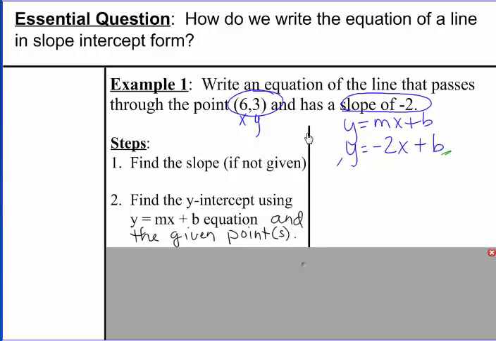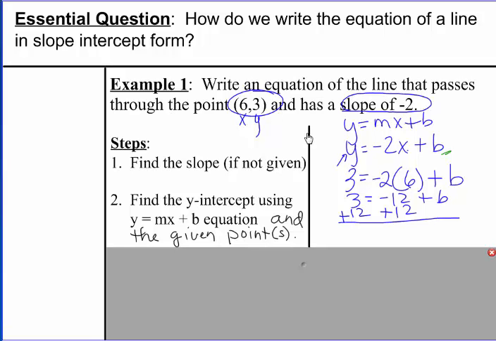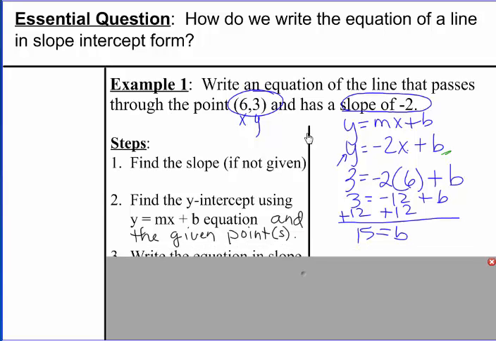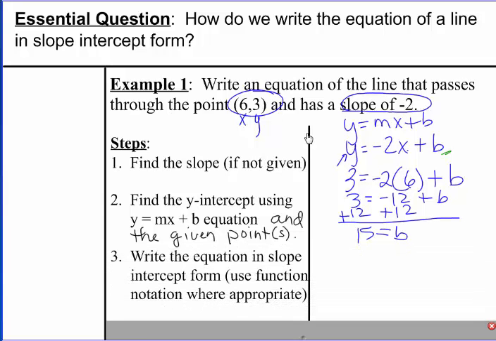So we have the y, in this case y is 3. 3 equals -2 times my x, which is 6, plus b. Now we solve for b, so 3 equals -12 plus b, add 12 to both sides, and we get b is equal to 15. So once you have found both the slope and the b value, you can write the